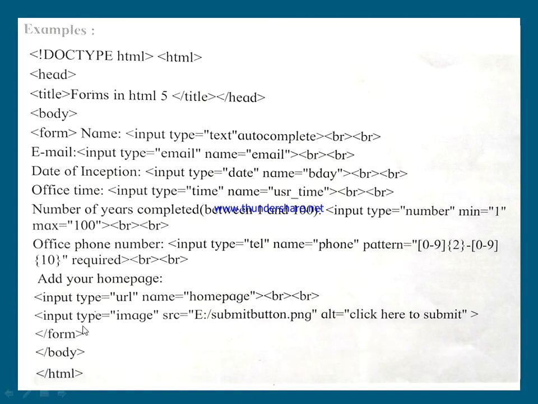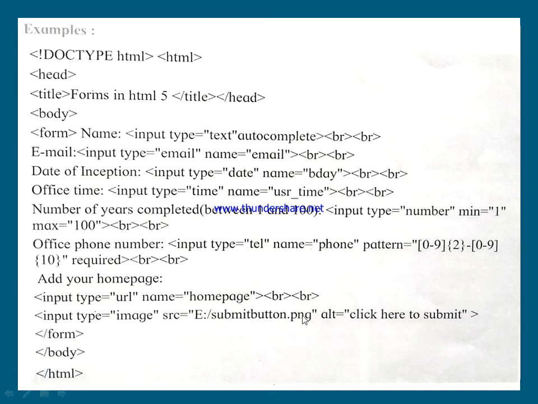And then I went for this one, input type image. So here src is equal to e:submit button dot png. So this is the extension assigned to the image itself, which is in a small pixel format. So here alt means what? ALT stands for alternative text. So if for any case the browser is not able to load that provided image on a page, then in place of that, this click here to submit text will be highlighted on the button itself.